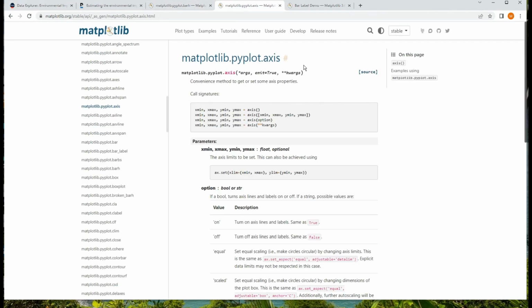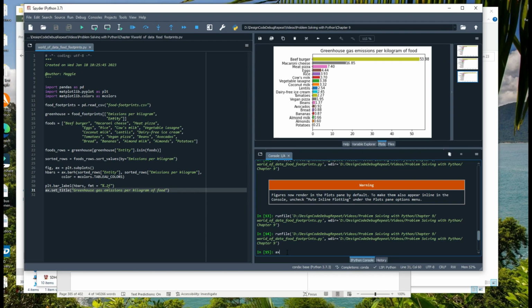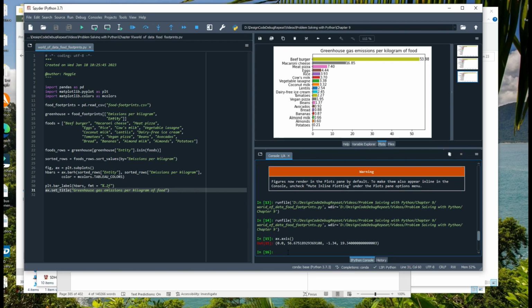There is an axis method that returns the dimensions of the axis. If I type into the console ax.axis, I get back a tuple 0.0, 56.675, etc., negative 1.34, 19.34, etc. That gives me basically 2 pieces of information. First, it tells me that those tick marks on the bottom are every 10 units, and so that tells me where to put the labels I want to put in. It also gives me a starting point for new values I could enter that will give me a larger plot area. So I'm going to try